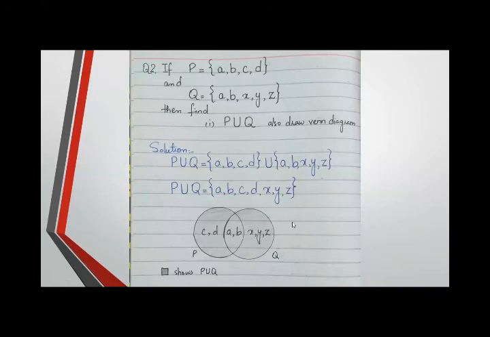As you see, students, we shade the complete diagram because this complete shading shows P union Q. Have you seen that, students? P union Q includes all the elements in both sets. So we shade the complete diagram, or both circles, including the overlapping part. Now this diagram shows the union between P and Q.